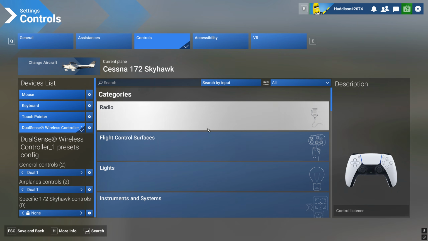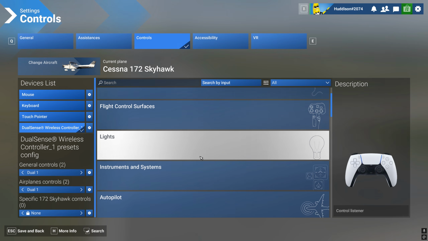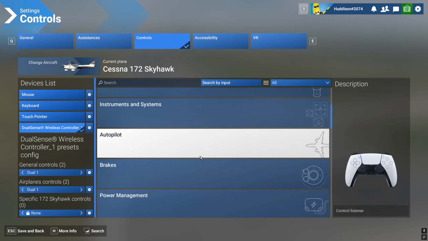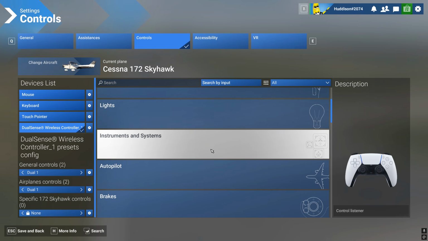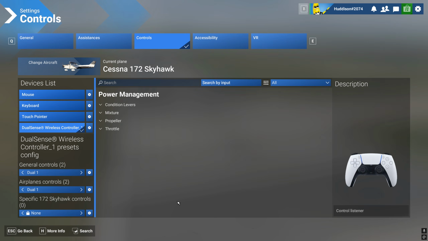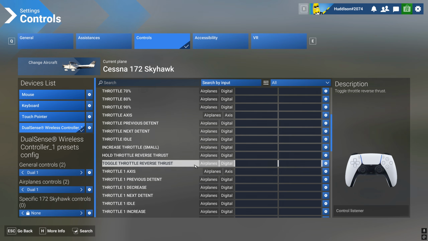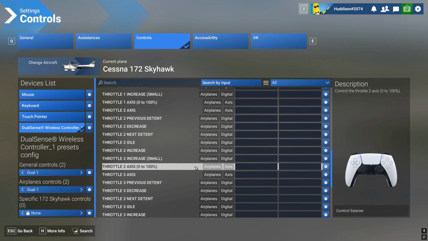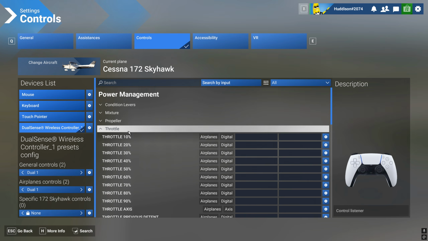Throttle. You have to come down on this menu a little bit, scroll down rather, until you get to power management. So from the top, it's a little bit further down, past brakes, power management. Click into that, and then click on throttle. Now let me just see, it's throttle increase we want, and I believe it's at the bottom. There you go. At the bottom of that throttle menu,